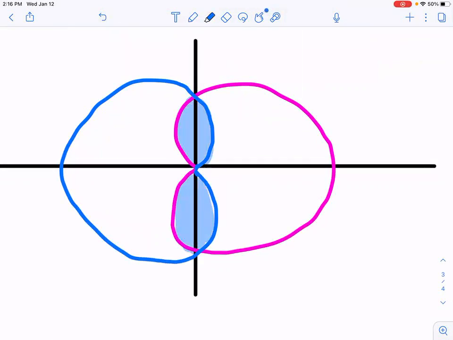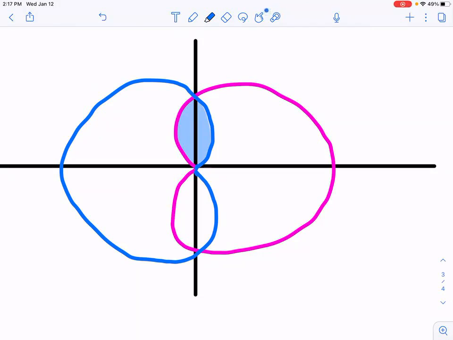We want that, okay? Do we have symmetry? We have symmetry. So if we find this right here, could we double it? Oh, could we? So